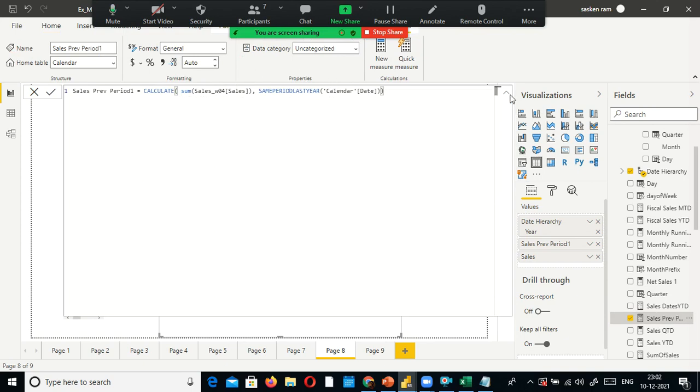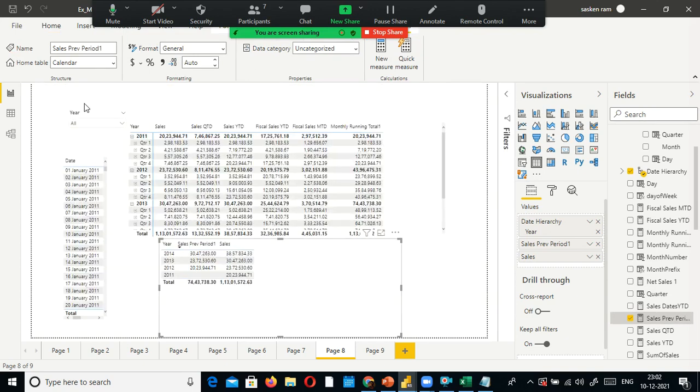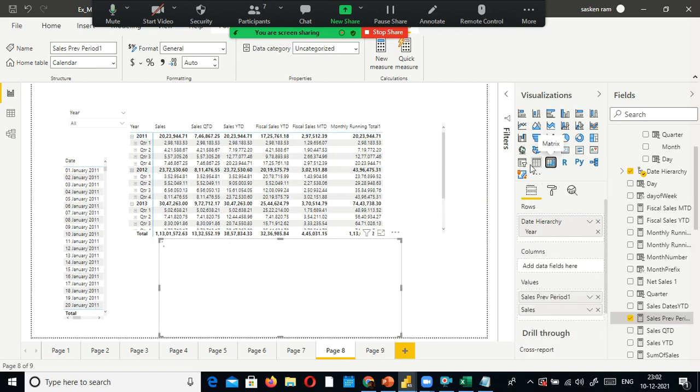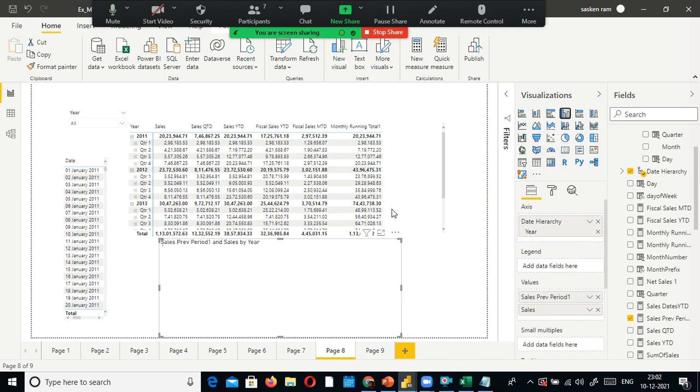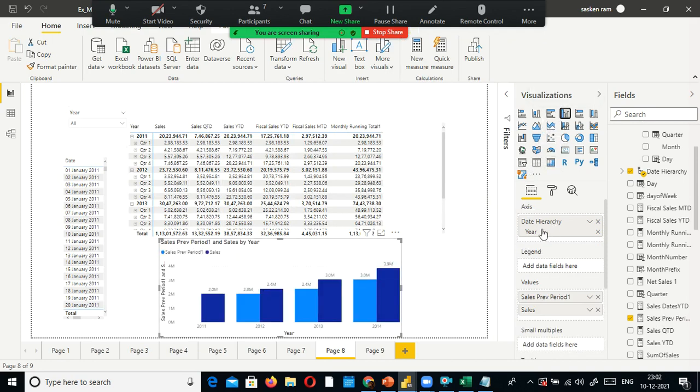Calculate the total sales for the same period last year. So that I can compare with the current year. Okay, what happens here? I just select this one, not this one. See, if you look at my visual, year is plotted in the x-axis, and the values are sales previous period. So this blue color, and this dark blue is each year's current sales. For example 2012, this is the previous period sales, this is the current period.